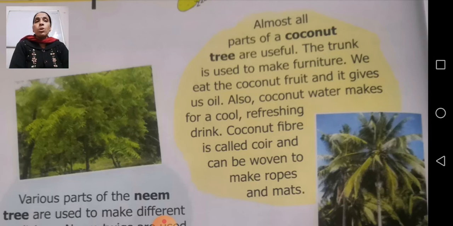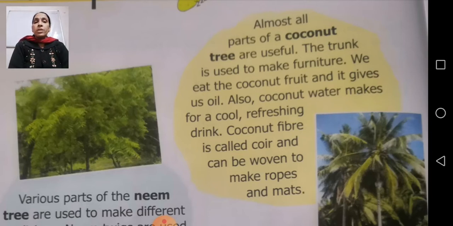Now, hopefully, you might not have seen the coconut tree, but nowadays in northern India also, plenty of coconut we are getting here. So almost all parts of a coconut tree are useful. Each part of a coconut tree is useful. Now, what are the different parts of a coconut tree? First, the trunk. The trunk is used to make furniture. Next, we eat the coconut fruit and it gives us oil. Oil we are getting from that raw coconut only. Also coconut water